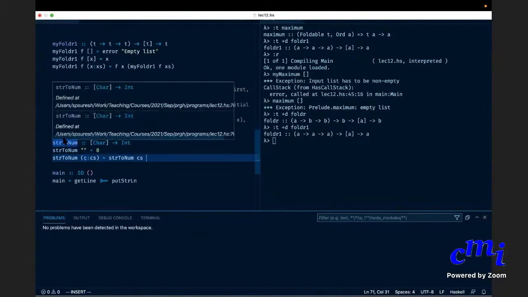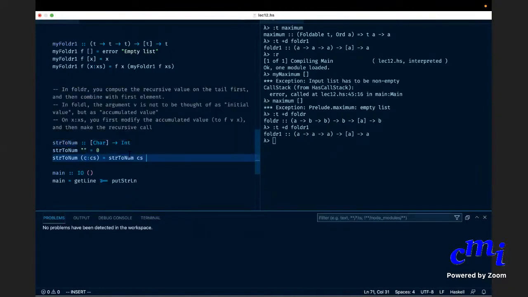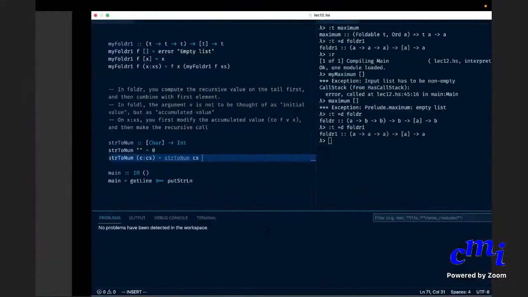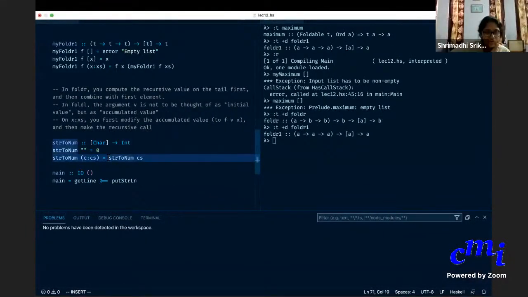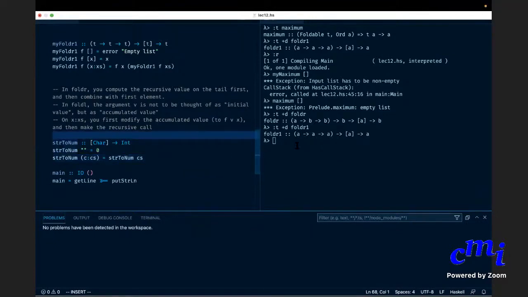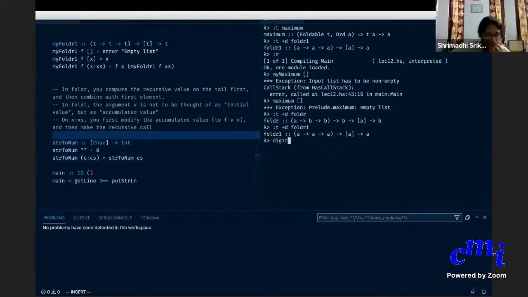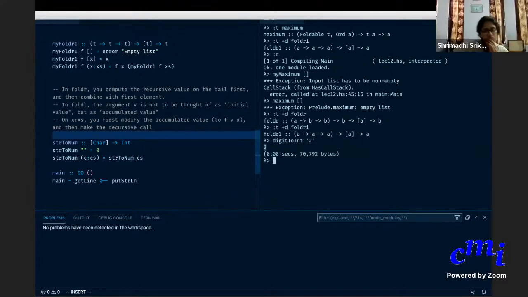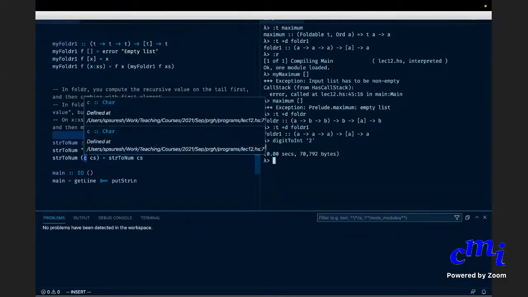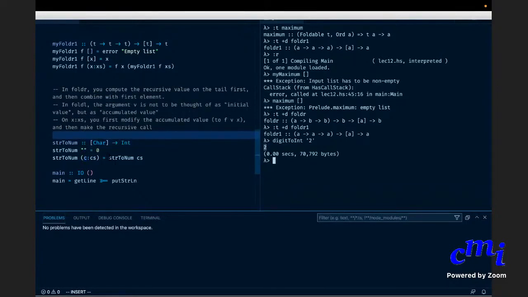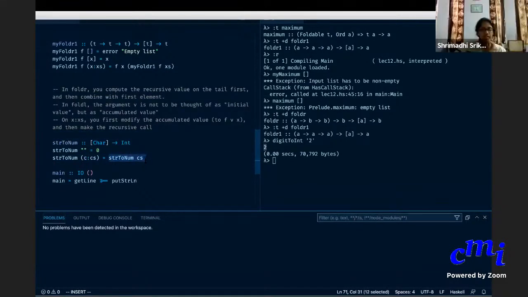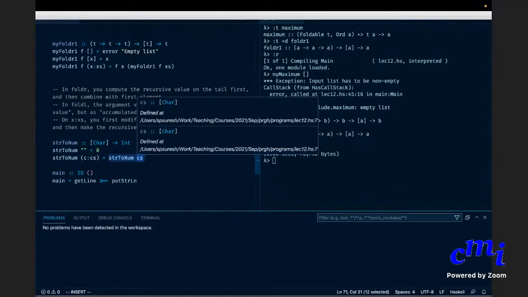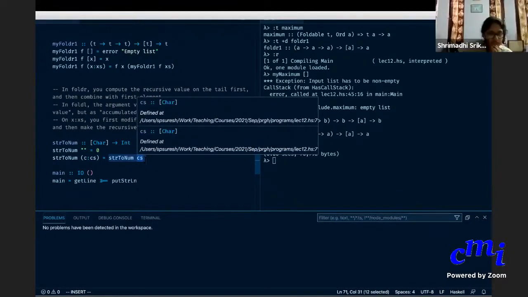First of all, we can have a digit to int or whatever. So what do you need to do? There is a way to convert a digit to integer, just the type. So for instance, if I do digit to int of 2, I'll get the number 2. You see, here it's a character, there it's a number. Now what do I need to do? I can do digit to int of C and I'll get a number, but that's a single digit number. Here, let us say there are 4 digits in the string to num of C's. I have to add it to the left now, so I need to multiply it by 10 power whatever length it is. You see the point?